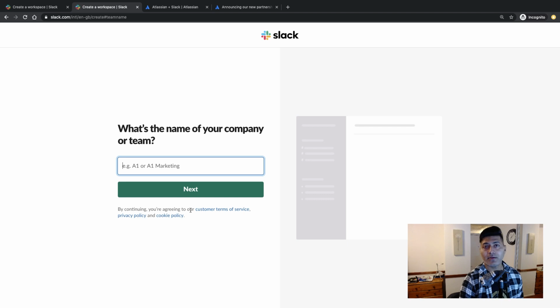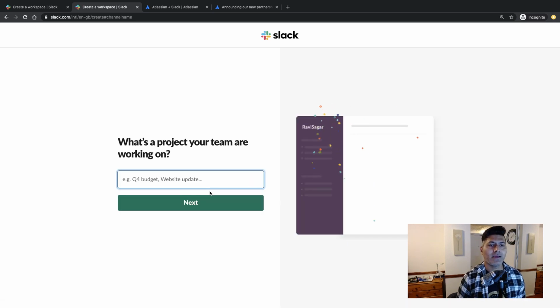So let us enter something like, maybe my name. Let me see if I have this. Maybe this is available. So I'll use Ravi Sagar. And what's a project your team are working on? So my team is working on, or I'm working on learning Slack. I'll